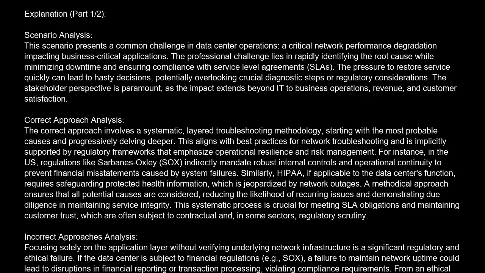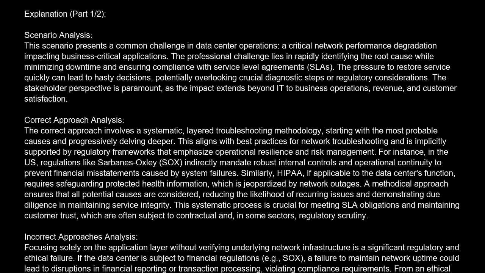The correct answer is D. Immediately investigate and reconfigure application-level settings, assuming the network infrastructure is functioning optimally. Explanation. Scenario analysis. This scenario presents a common challenge in data center operations, a critical network performance degradation impacting business-critical